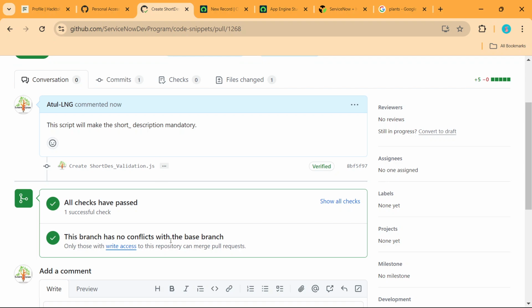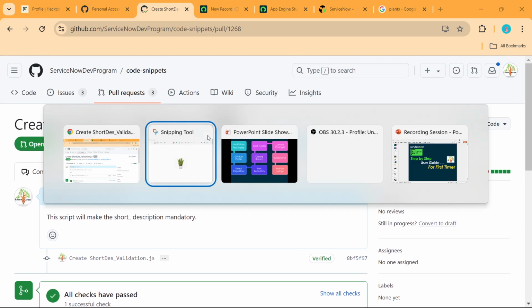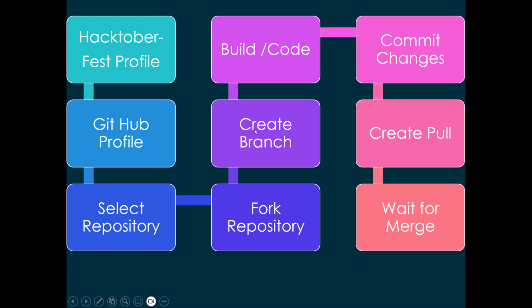It means as per the details and information given by ServiceNow in the blogs, it has been done here. And now my work has been done. So I'm on the last point. This done, this done, this done, this done, and now I have to wait for the merging. It might be today or tomorrow, or on Monday, when the approver logs in. They will see my pull request. If it looks good and is as per the standards, they can approve it. Otherwise, they will reject it as well.